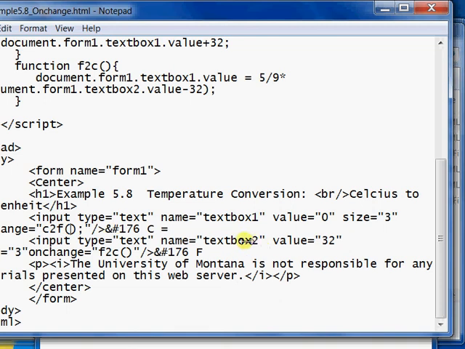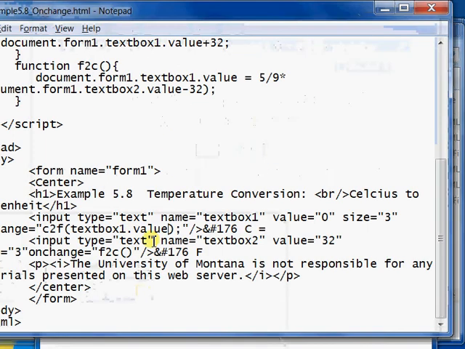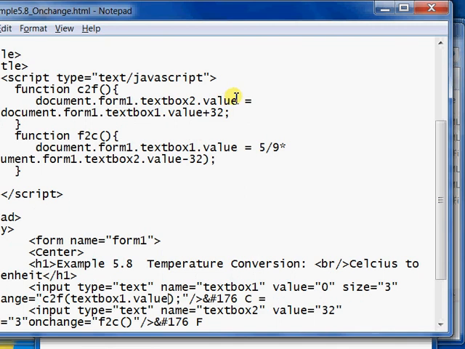We've got C to F and F to C, so we're going to send it a temperature, and the temperature is whatever is in text box 1.value, because that's coming out of this particular control. Instead of writing all this stuff,